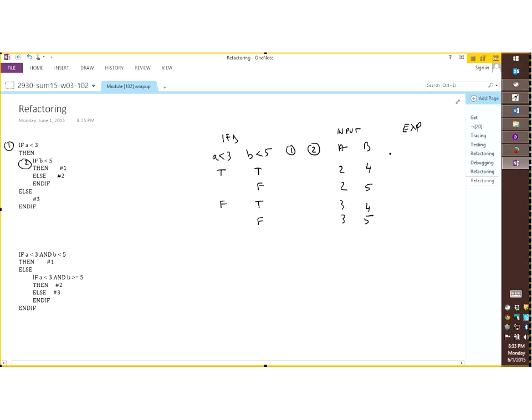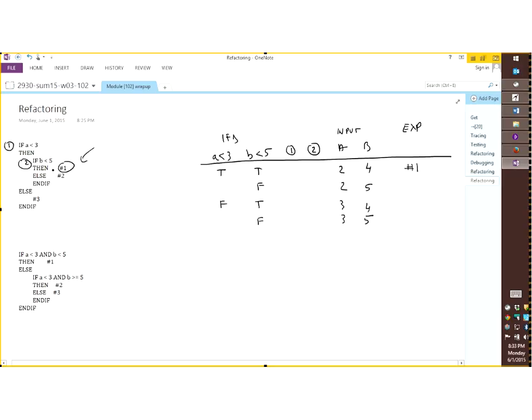All right, so let's take a look together. We are going to take this. All right, so I took the different paths. I took values to illustrate each of those paths to trigger them. Now I want to go through and figure out what happened. So first line is A equal 2. So A equal 2 means that this is true, so I go in the inner if statement. And B equals 4. 4 is lesser than 5, so it's true. So I execute code number 1. Okay, that's the first one.